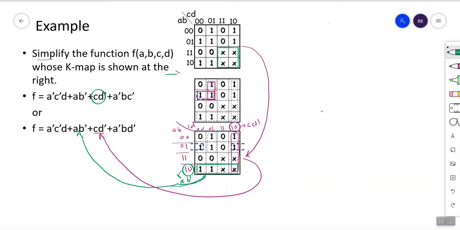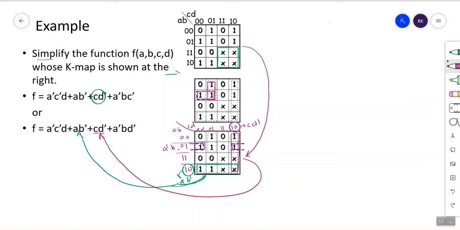Now after this, he is trying to make this type of group. They are taking this and taking this. So here is corresponding to what? A naught B, and here is going to change. So what is going to change? Here C is going to delete because C is going to 0 1 and D remains the same. And here D is 0.